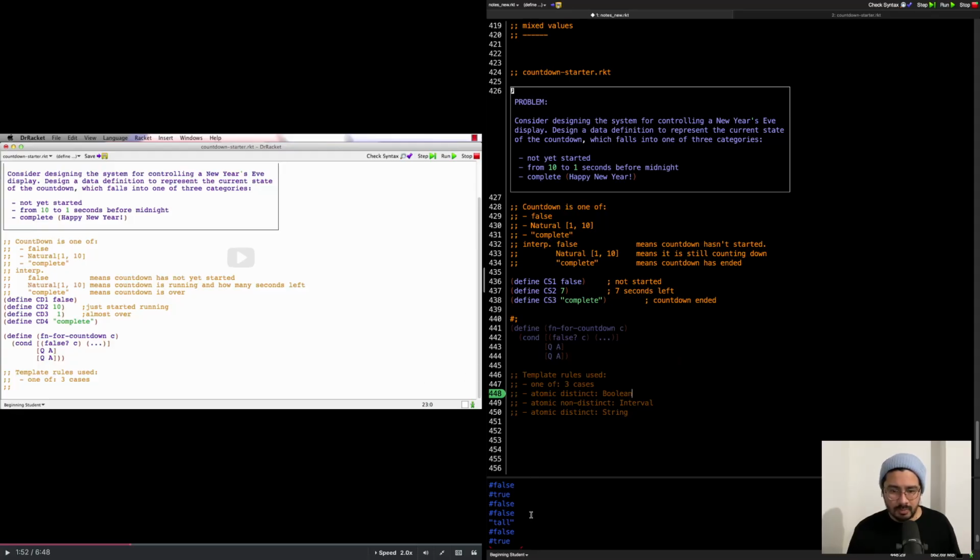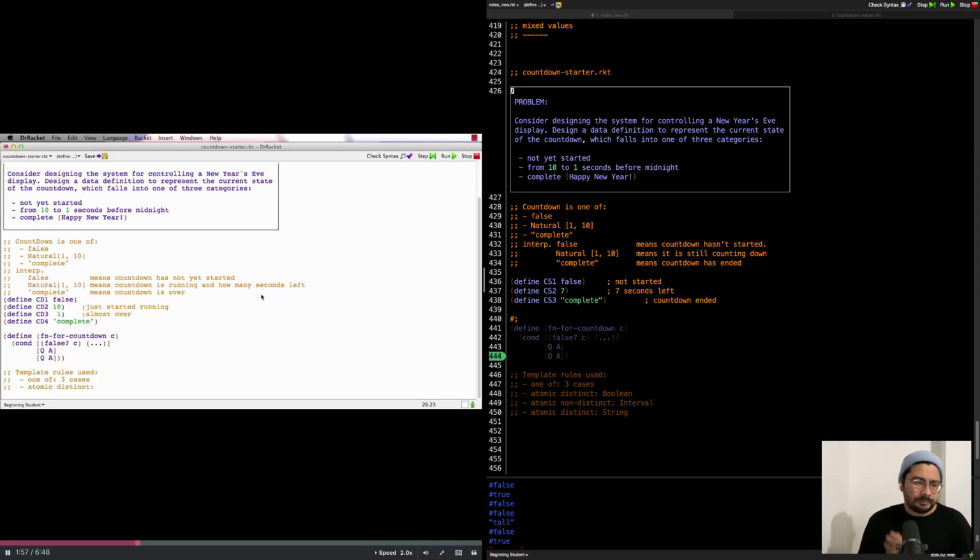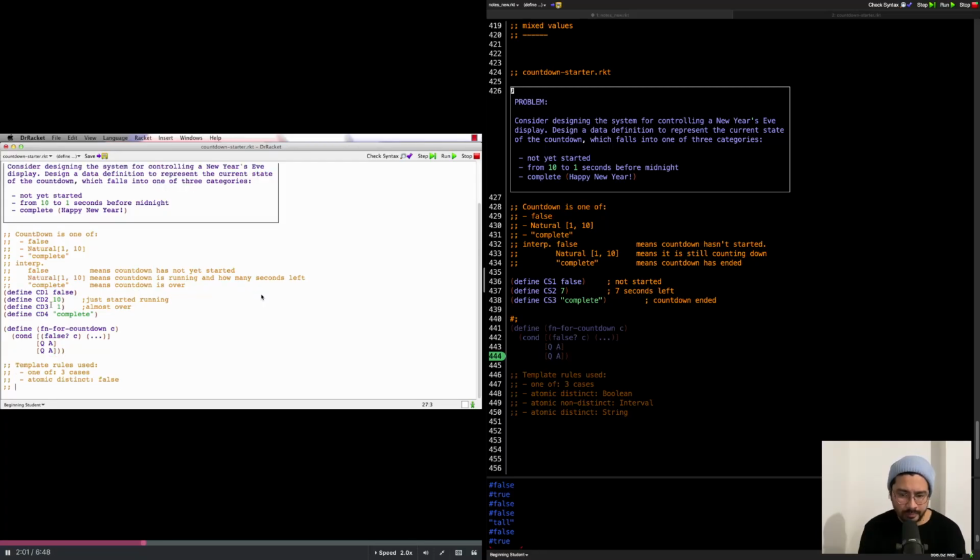And then for Boolean, you do that, okay. Atomic distinct. Yeah, atomic distinct right there. Now for the second always subcase, put balls. See, this is